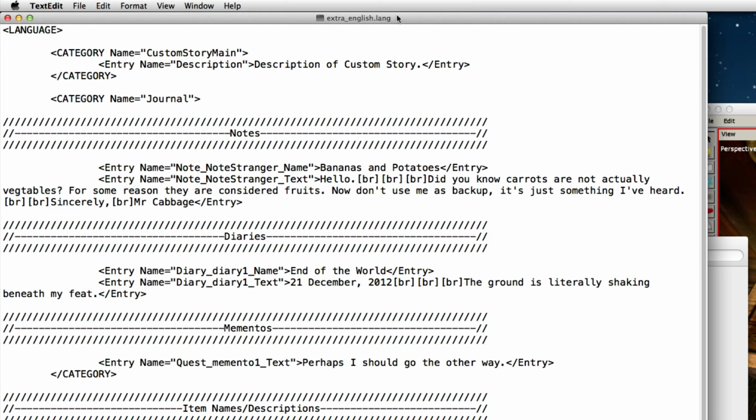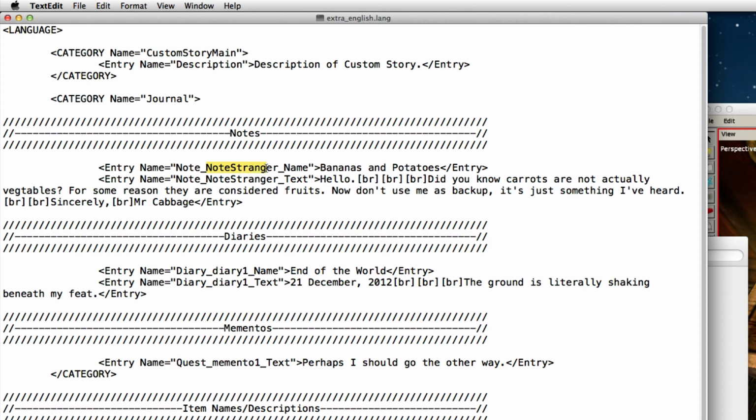You should be able to know how to use this extra English.lang, but if not, then you can download it and copy paste whatever I have, but pretty much it just says enter name equals quote and note underscore, and then there's the name of the actual note, and then there's underscore text and name. So the name would be the heading and the text would be the actual text.